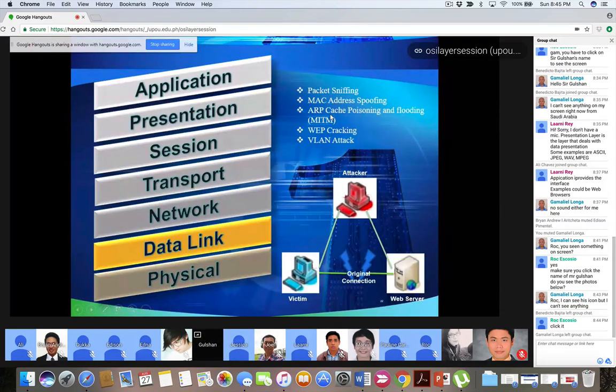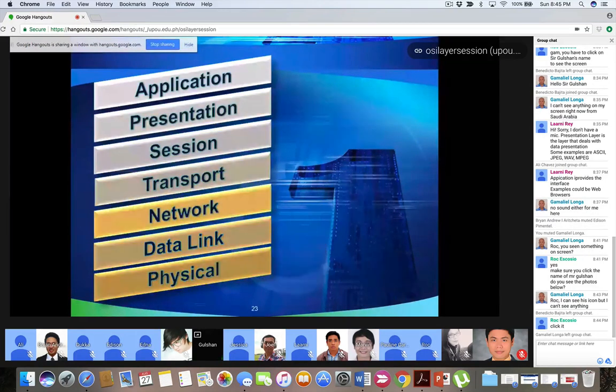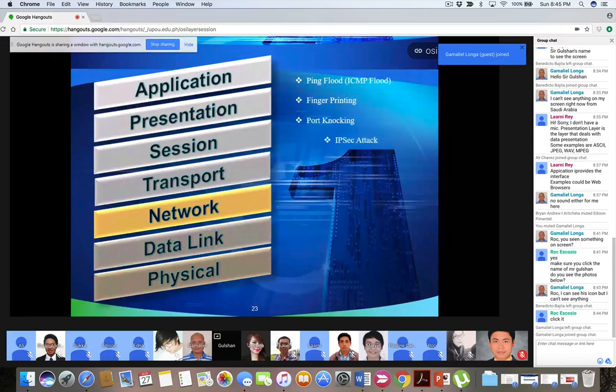Got it? Packet sniffing, I'll show you some examples. We'll come back to this later on. We'll go to the network layer. In the network layer, connectivity is between IP to IP. My machine has an IP address. Someone else is connected, and their machine also has an IP address.